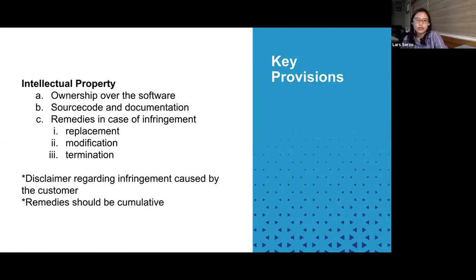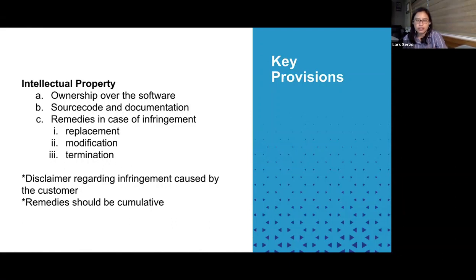And again, for intellectual property, just check if the provisions are consistent with the commercial arrangements that you've discussed with your provider. So if the developer who built out your system warrants that you should own the system after, then that should be in your IP section. And then in terms of source code and documentation, if both parties agreed that the source code would be transferred to the client, then that should be baked in as well.